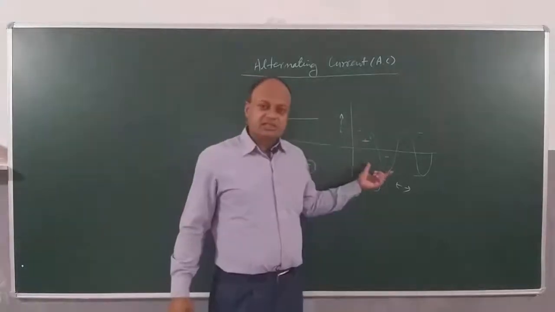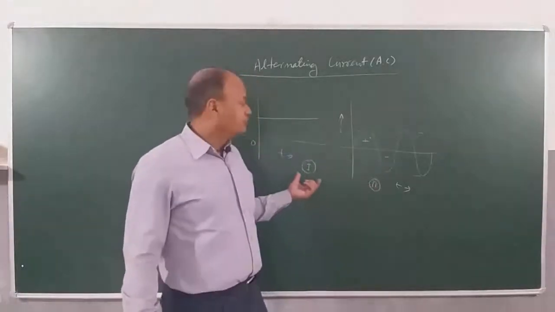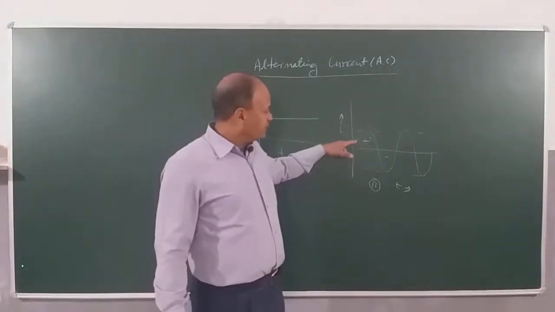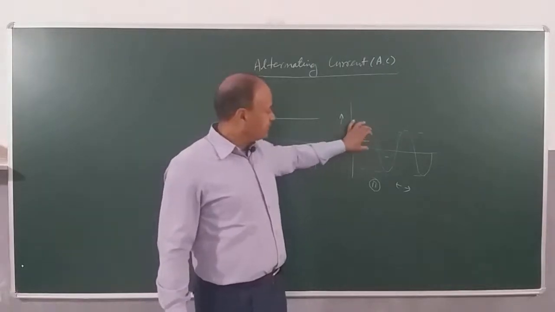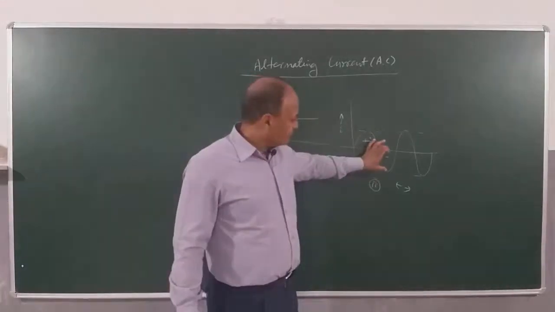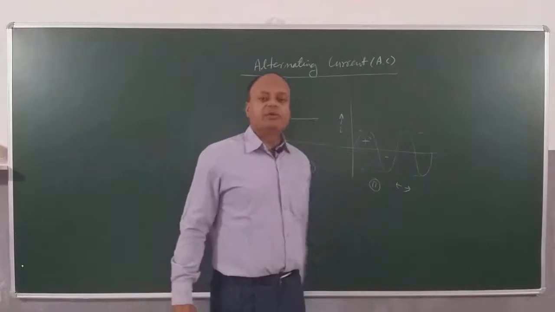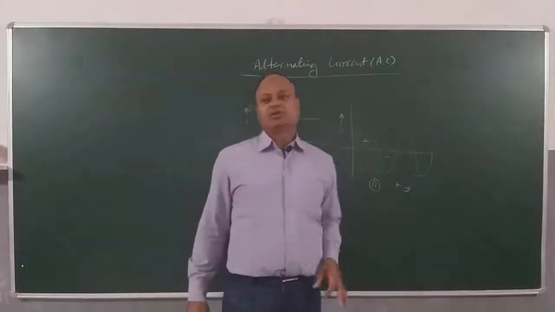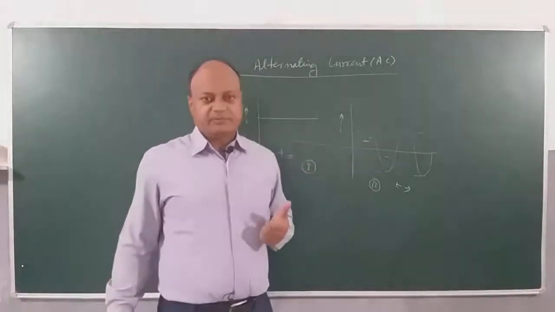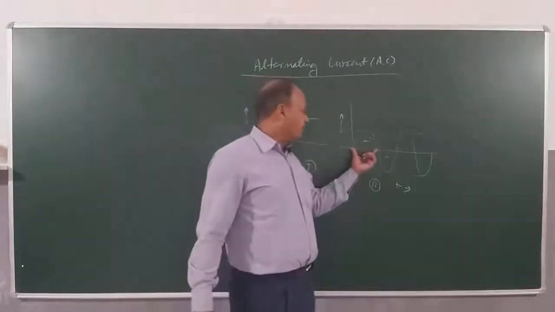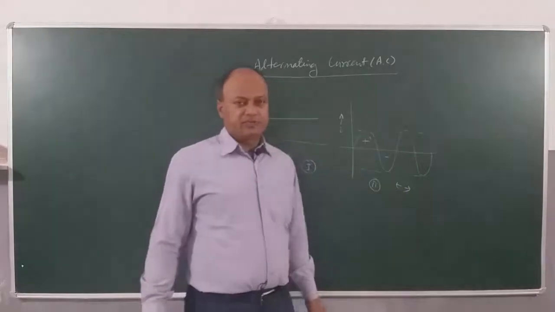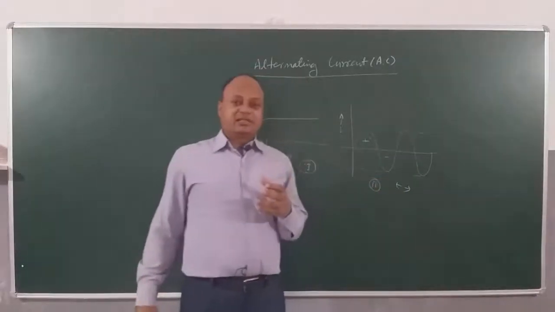But this current is something special for us because we have not done it before. You can see that the magnitude and direction of this current is changing, going up to maximum. This obviously you have done in class 11 waves, and this is called amplitude. You can see amplitude is remaining same. However, its instantaneous magnitude changes and also direction changes periodically. Periodically means after a fixed period of time it is becoming positive or negative. So this current is what we call alternating current, right?